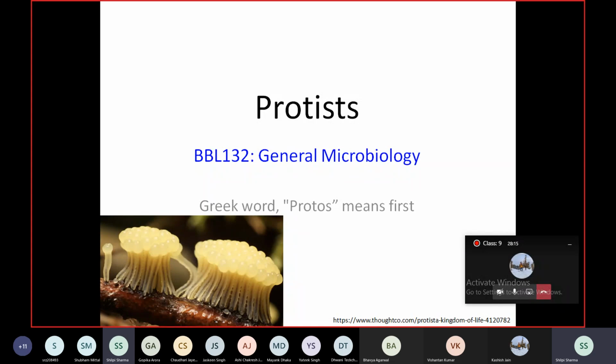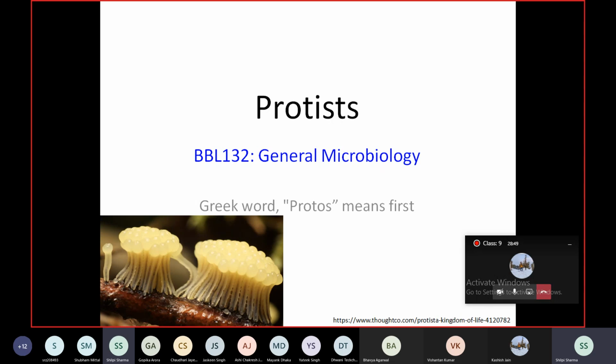Now, Protists, this was coined for simplest animals, but it is an ambiguous, heterogeneous and divergent group. In fact, कहीं हम पढ़ रहे थे कि it is also called as the junk drawer, because anything that would not fall under any other group like fungi, plantae, animalia or other group would be thrown into basically Protista. You will see when we talk of taxonomy and classification that the boundaries for Protista were the most blurred.